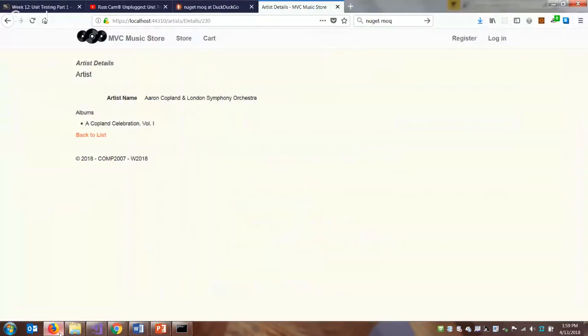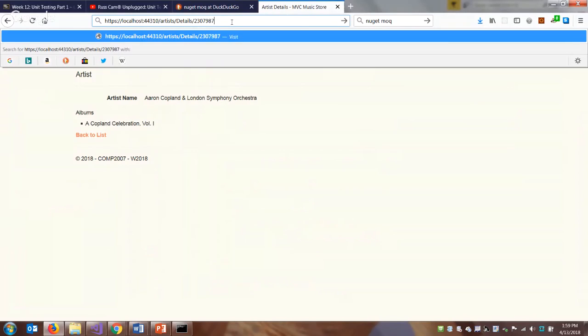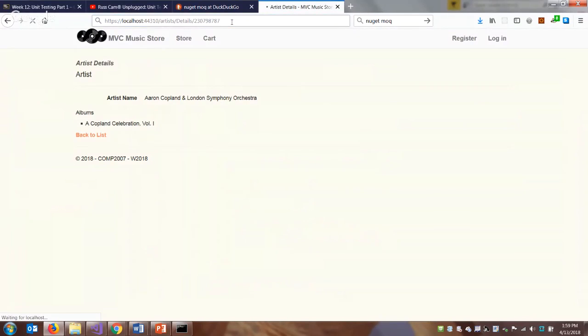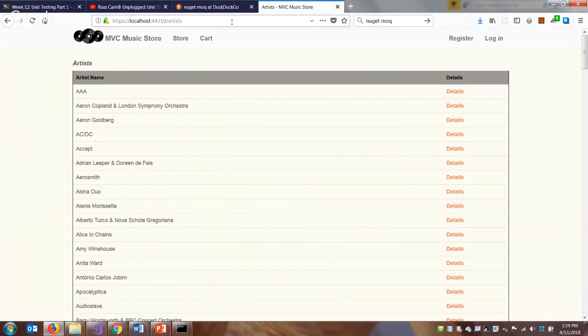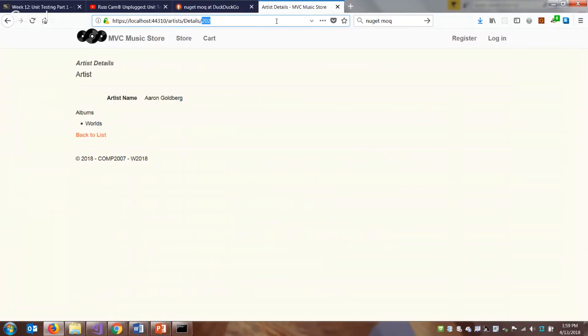So if I click this link, I get the artist details. So this is what happens with the valid ID. Right now, if I put in an invalid ID, we go here. The other possibility is we could have loaded an error page. And if I go to details with no ID,